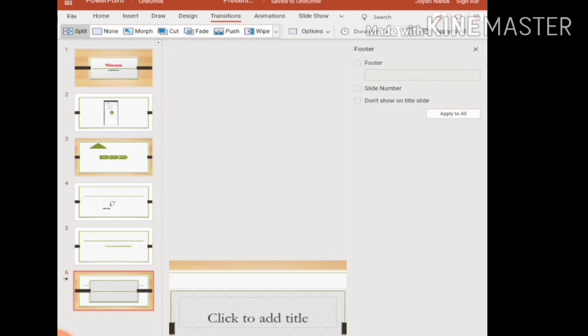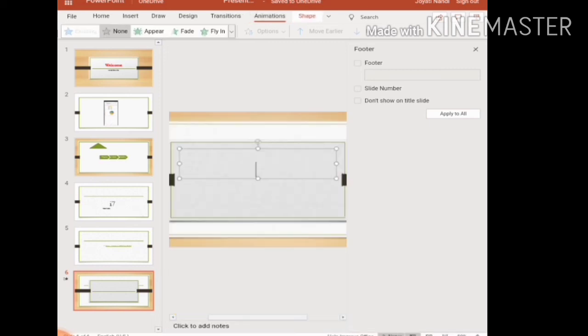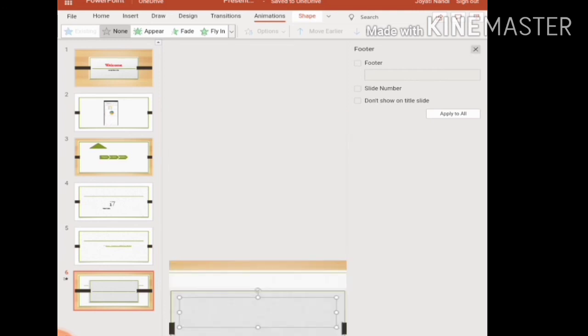Next one is the animation option. In the animation option you can give different types of animation options. Here, I am clicking on appear. After clicking on appear, options are available here. I am going to the effect options.